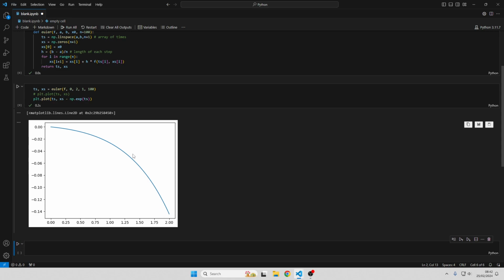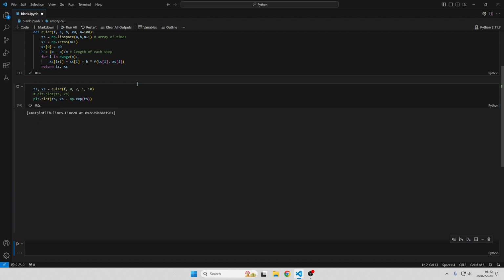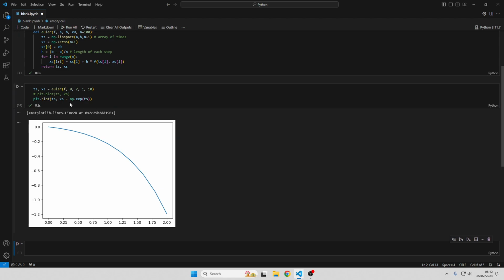Very typically, when we do calculations, we expect to get something like 10 digits of accuracy. Here we've not even got the first digit correct. So this is not such a wonderful method, and also we did have to take 100 steps for that. If we try to do it with bigger steps, still we've got steps the size of 0.2. We're not talking about enormous steps here, and then if we actually plot both things together,